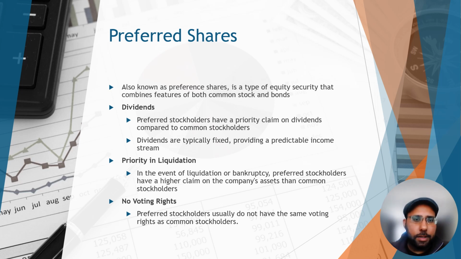Preference shares, to summarize, allow investors to have a set fixed dividend yearly. They won't naturally see overall growth if the company does continue to grow, but if the company does also fall in value, they at least have a set dividend that they can expect on a yearly basis. So that's the key characteristics for preference shares.